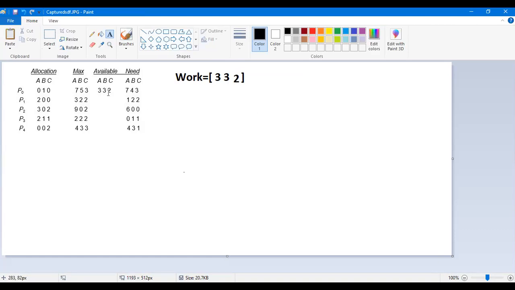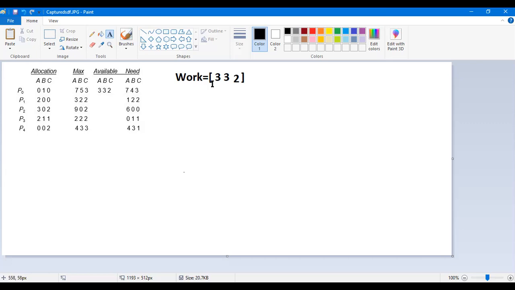Now you need to check the need matrix for these processes. You have to check from the top to bottom which process you can execute with respect to this work. Is there any process whose need you can fulfill with this amount of work? Work means availability.